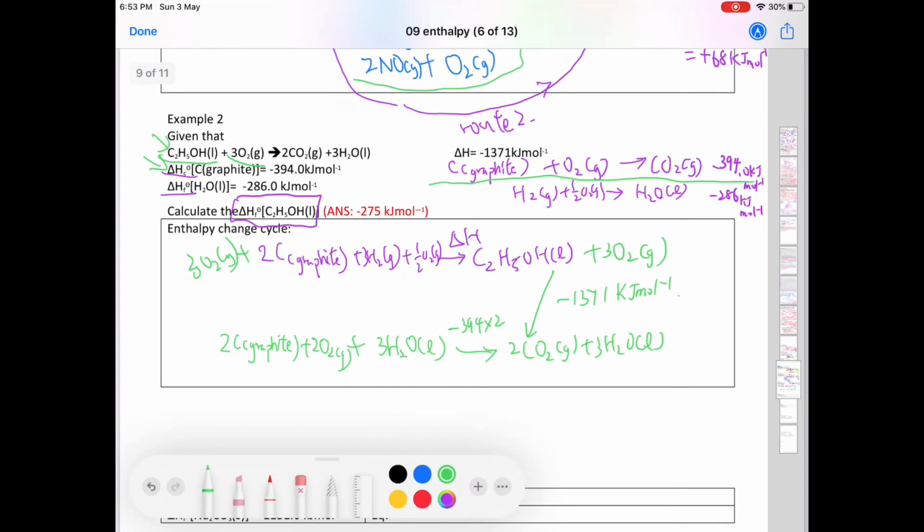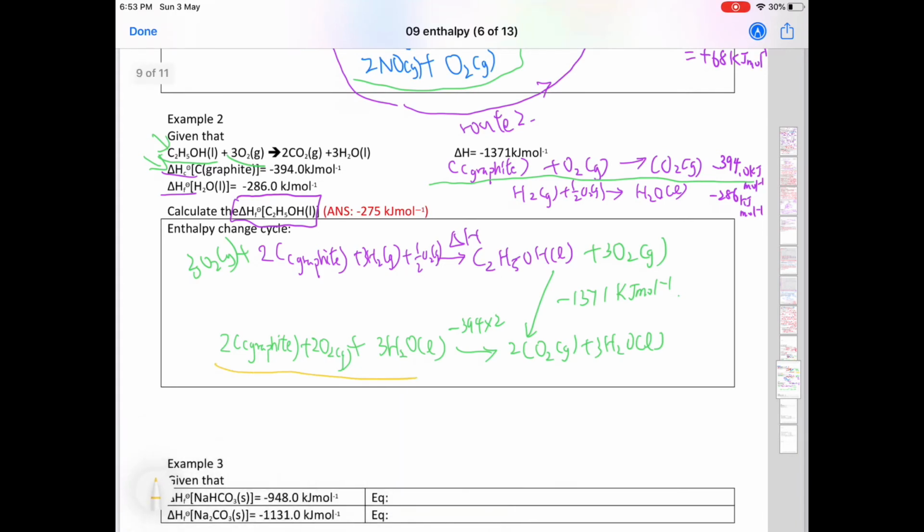Then if you compare the species between the initial point and this stage, the 2 graphite undergoes no reaction. Then originally there are 3.5 O2, and finally 2 is left. It means that in the process 1.5 O2 is used to react with these 3 H2 gas to form 3 water molecules. So we use the first information 3 times. And here is the corresponding enthalpy change for the first step. And then again by Hess's law,